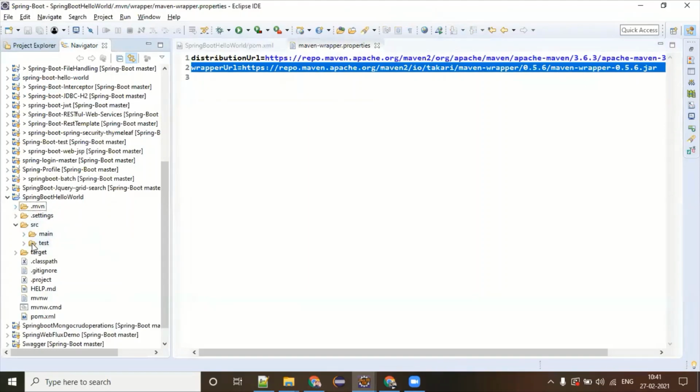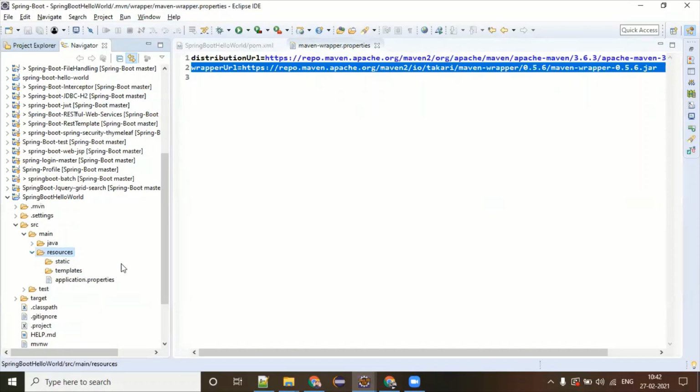So yeah, the high level Maven project is providing main and test. Test is for writing your test cases, and your core logic is going to be developed in the main folder. Under main, you have java and resources. The resources folder is mainly having all the static files. When I say static files, it is the set of HTML, CSS, JavaScript, also the properties file, XML file. All these things are going under the resources folder.